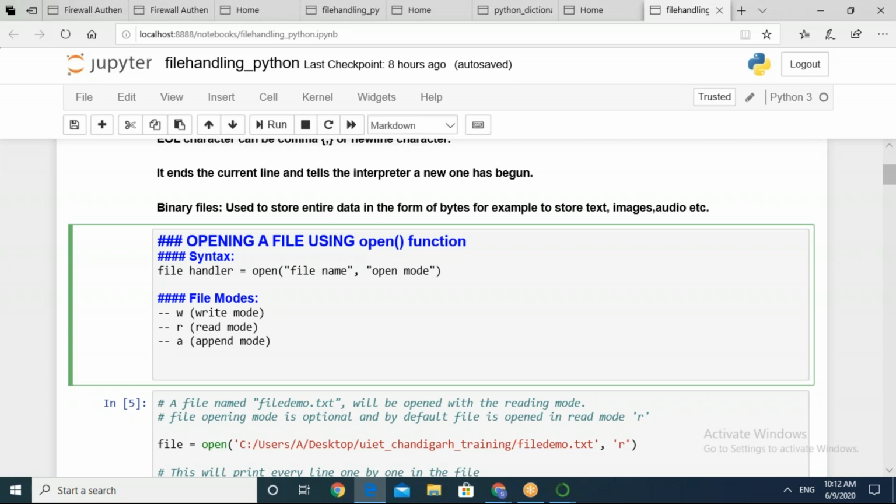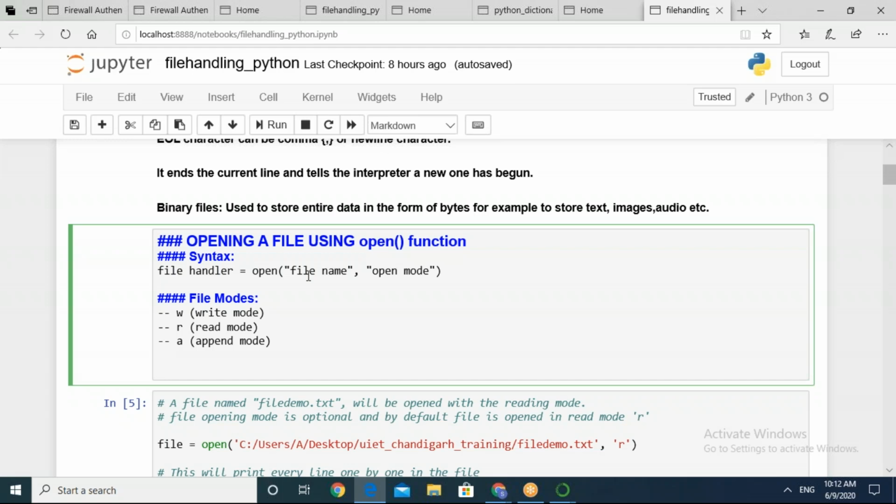First of all, we will see how to open a file by using the file handler. The syntax is very simple. The file handler can be any variable which refers to your file object, and it is equal to the open function, and within parentheses we pass 2 arguments. The first argument is the file name, and the second argument is the mode.